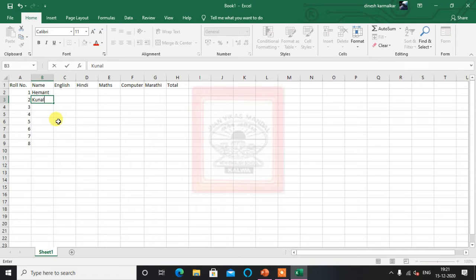We can do the entry of the marks with the help of the form option also, but for this practical I'm typing directly. You can use the data entry form also.